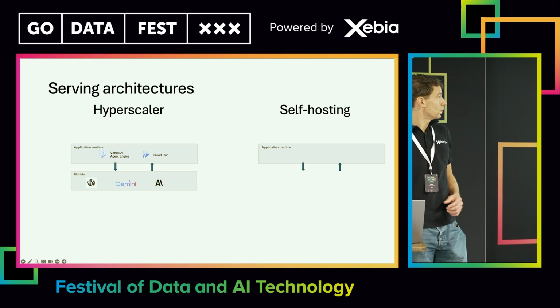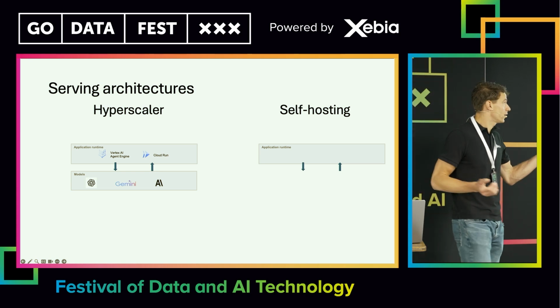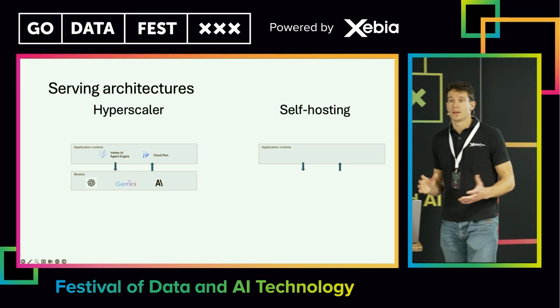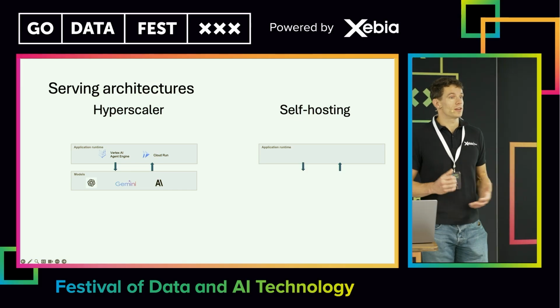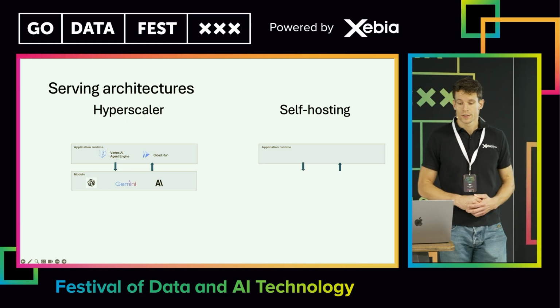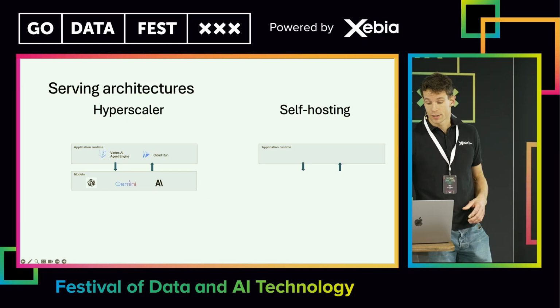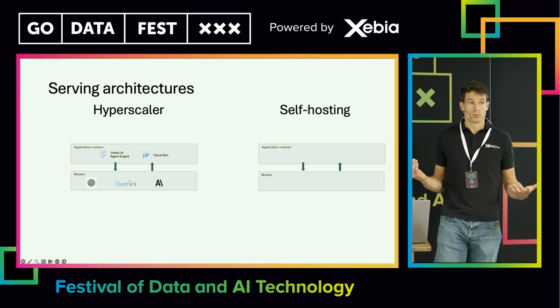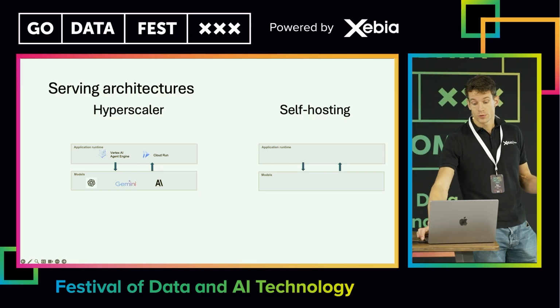When we go into self-hosting, we don't have this application runtime. So you need to run your agent somewhere. Now, this is not the most significant choice that you need to make, so for the scope of this talk, I'll ignore that because it doesn't have an impact. But first of all, like Remy said, we need to pick the models. Which model are we going to use for the use case or use cases that we have in mind?